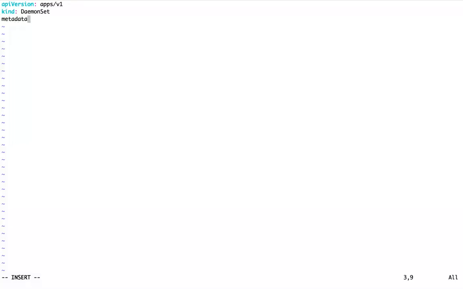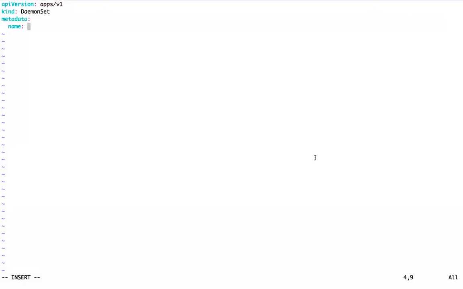Metadata, name for your daemon set. Spec, here the pod specification. I cannot give replicas like this.